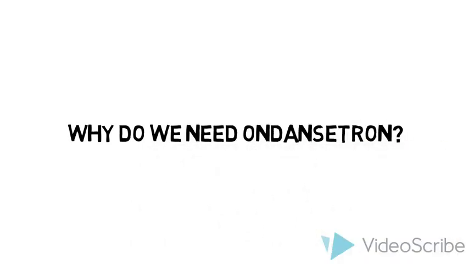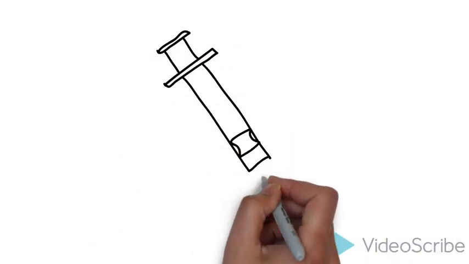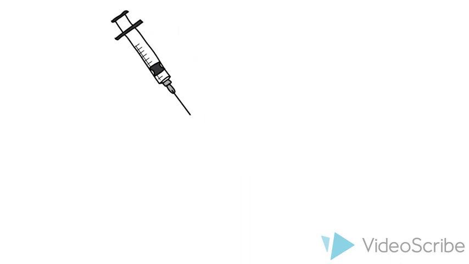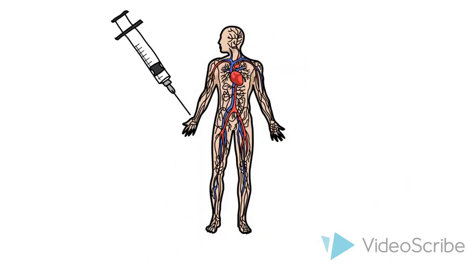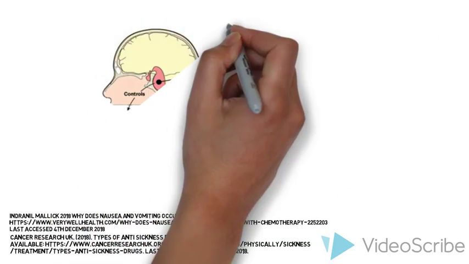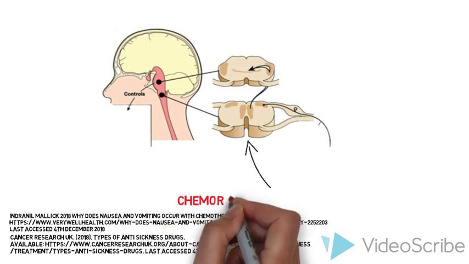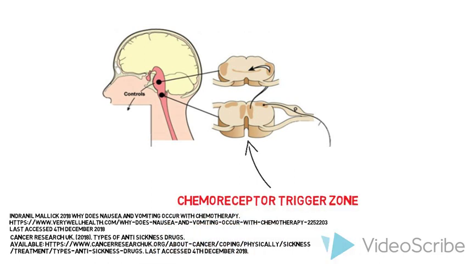Well, firstly, chemotherapy is administered intravenously directly into the bloodstream, where the chemical agents within the chemotherapy travel up to the medulla oblongata, which is found at the base of the skull. The chemoreceptor trigger zone is found here and receives the input from drugs such as chemotherapy, causing a reaction, in this case, vomiting. Specific chemotherapy treatments causing nausea and vomiting include cisplatin and cyclophosphamide, which both cause severe nausea and